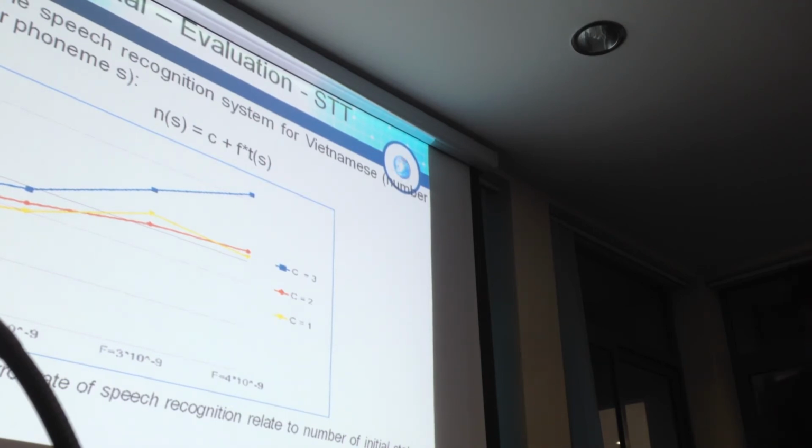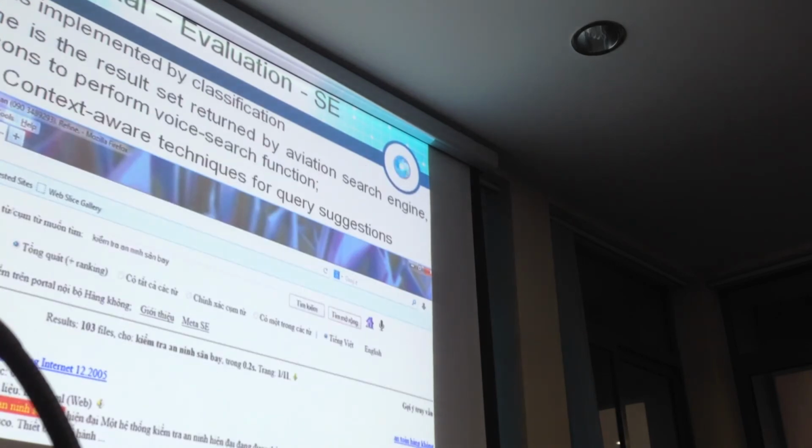I would like to ask you, I'm not familiar with speech recognition, but are you sure that there are so many differences in the Vietnamese language compared to other languages? Because you didn't show us any comparison of speech recognition. The Czech Republic, the University of Brno, are I think the leaders of speech recognition, so I know that they are really good. So I would like to ask if you compared with other algorithms or other products, how is your application better than others?